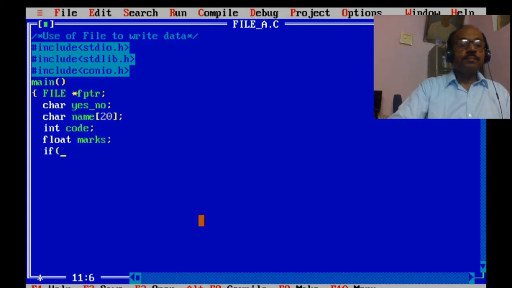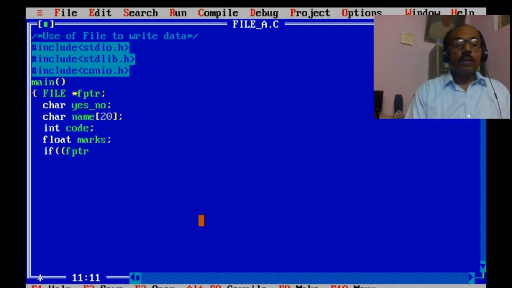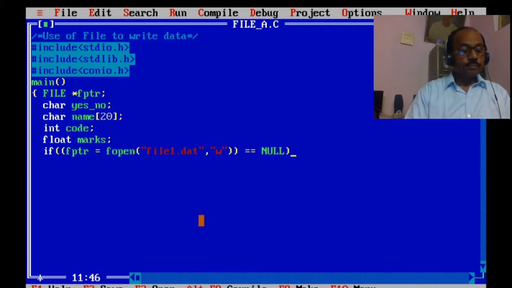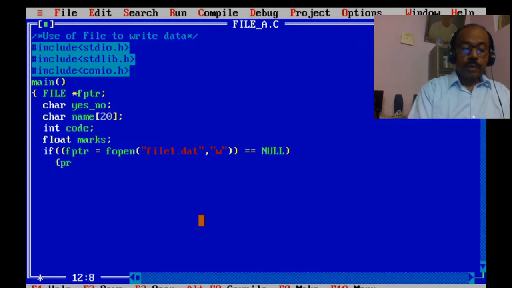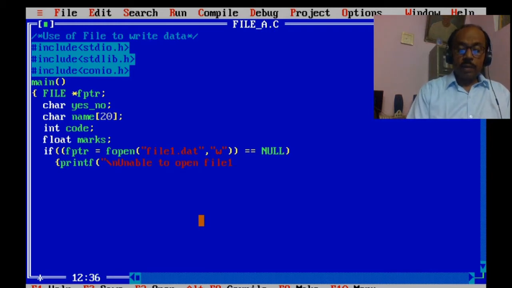If fptr is equal to fopen file1.dat, and the mode will be write, equal to NULL, printf "unable to open file1.dat".